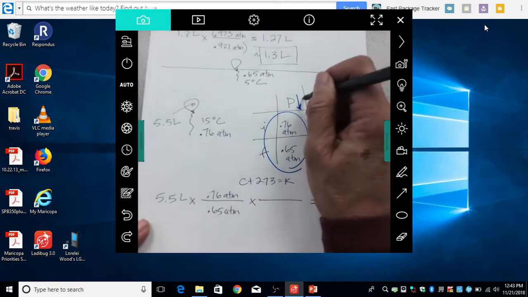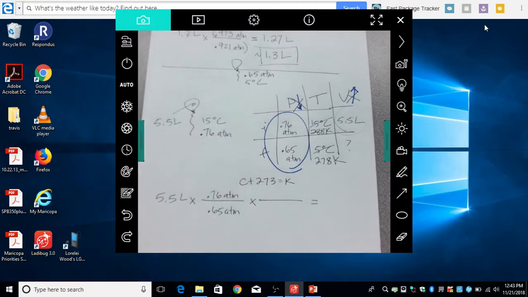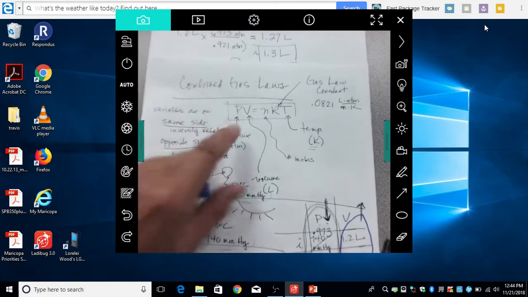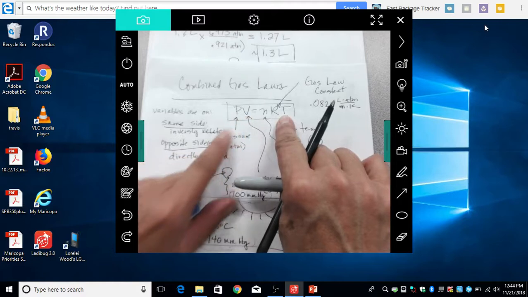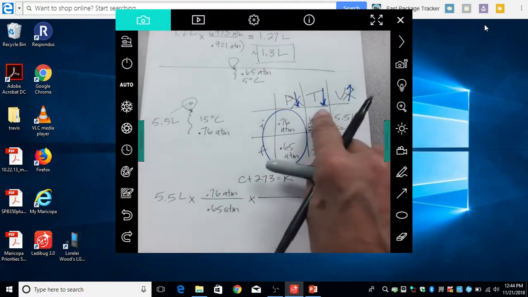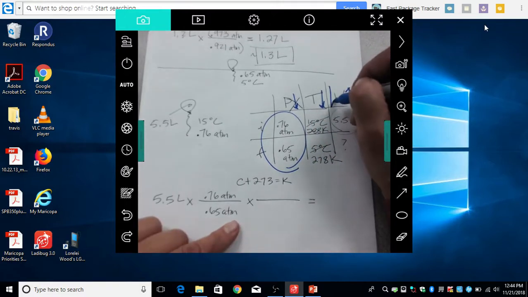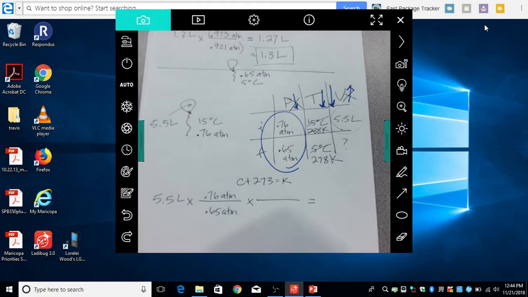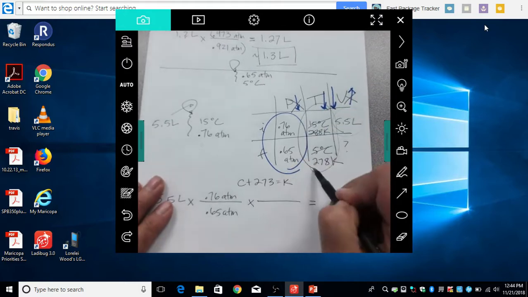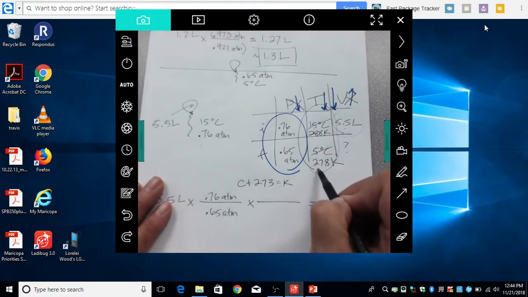All right, now I make a little notation to myself. I have dealt with pressure. I'm going to put it aside. I'm all done dealing with pressure. Now I'm going to deal with temperature independently. What's happening to temperature? Temperature's going down. So let's look at our rules. Volume and temperature are on opposite sides of the equation. So that means they're directly related rather than inversely. So if temperature's going down, what's that going to do to the volume? That makes sense, right? Stuff gets colder, it's going to decrease. And so now we want this number to get smaller using this ratio. So if I want that number to get smaller using this ratio, which one would I put on top?